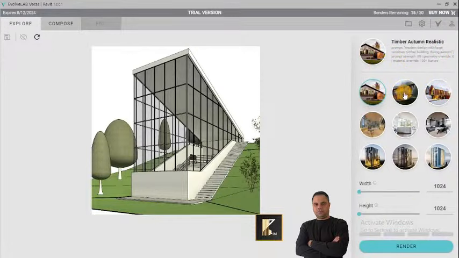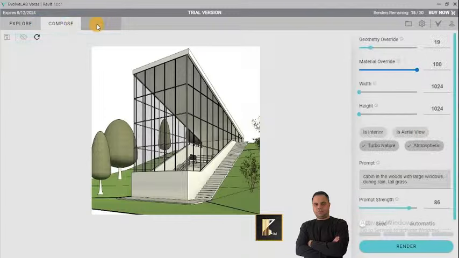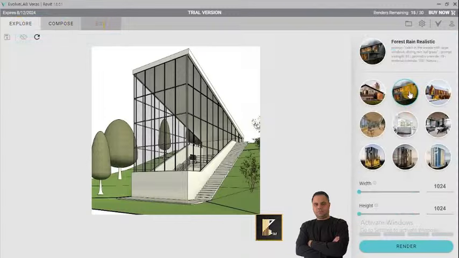Maybe you can choose any style you want: the forest rain, realistic, timber, autumn, realistic. Let's try this. So it will have explore here, compose, edit, but let's start by rendering this shot by using